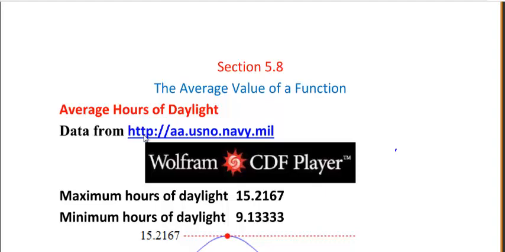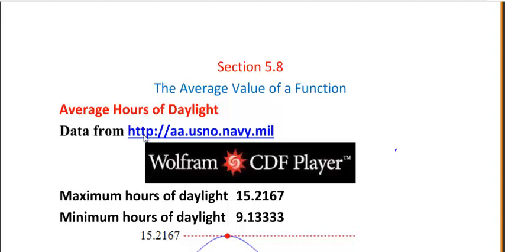In this example, we'll use the average value of a function to find the average daylight for the days in January and February of 2012. The thing is, just what's illustrated here is the way we would go from actual data to a mathematical model for the function, and then from the mathematical model we can use the ideas we developed in calculus to